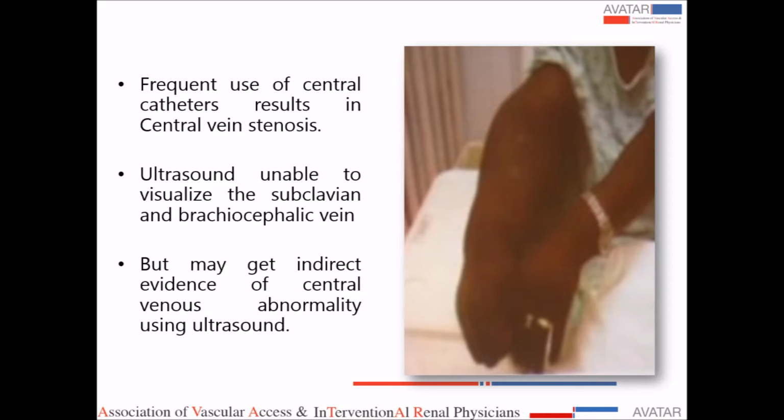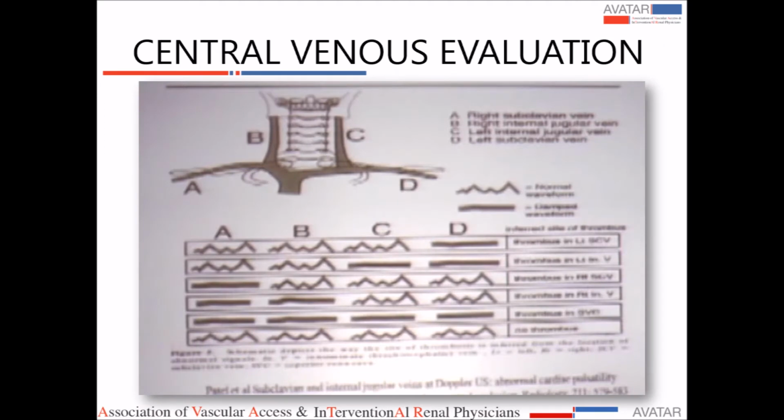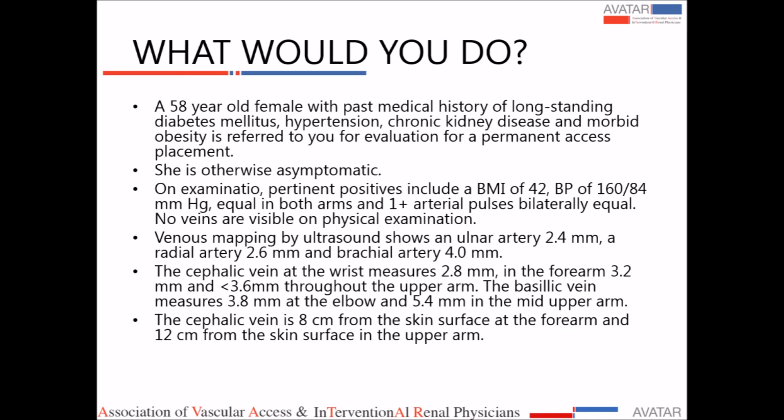You can look at your central veins, but it's an indirect measurement because you're looking at the normal or the dampened waveform, depending on where the stenosis or the thrombosis is in the IJ, the subclavian, or the brachiocephalic. So if someone has had one or two previous catheters, we recommend angiography rather than ultrasound to evaluate prior